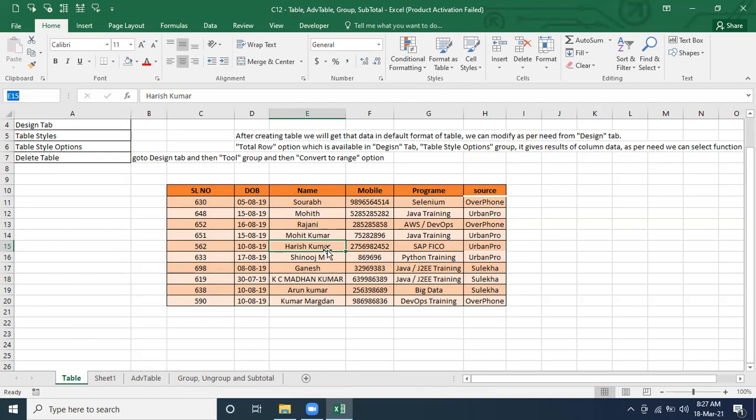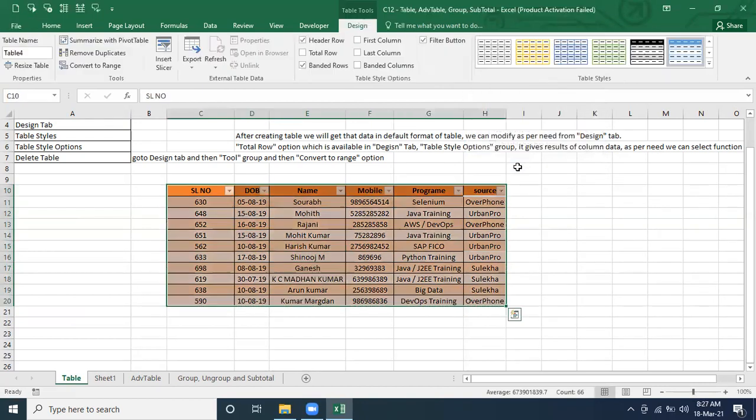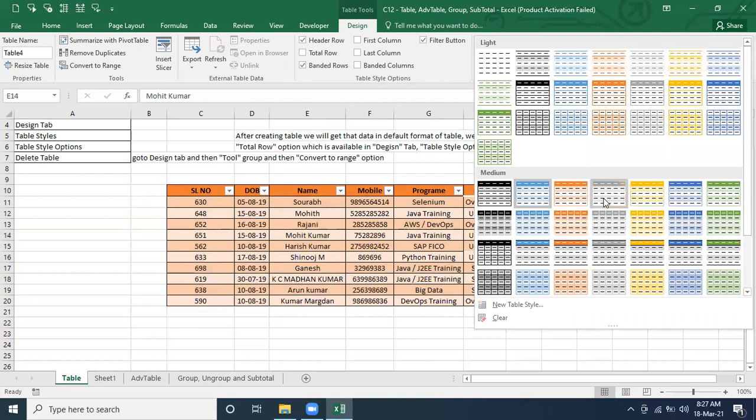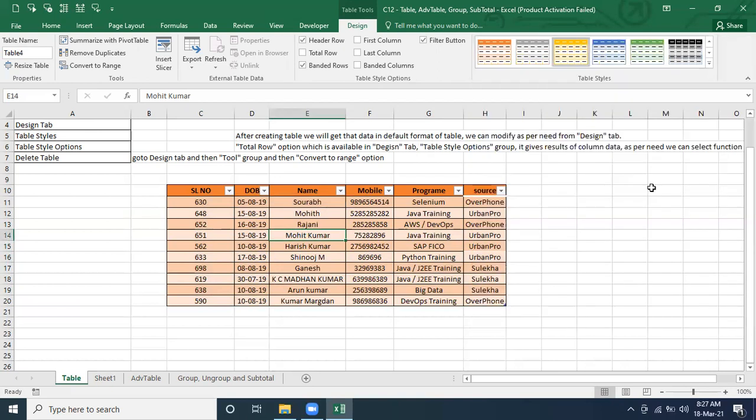How to create one? That's very simple. Ctrl+T. It asks to define the range, and yes, my data has headers. So the same design is applied, whatever I do. Done, right? But you know what? I'm selecting something different, and you see, it's not working. For a few it's working, but for a few it's not working. What is the issue? Why is it not selecting my style?